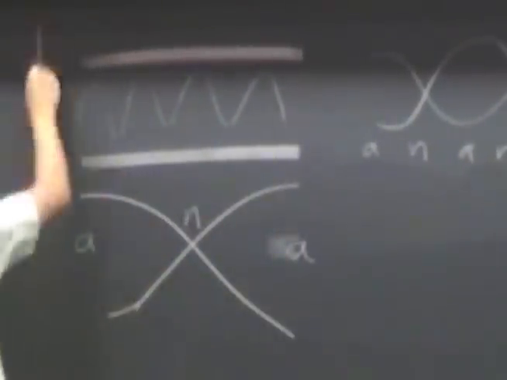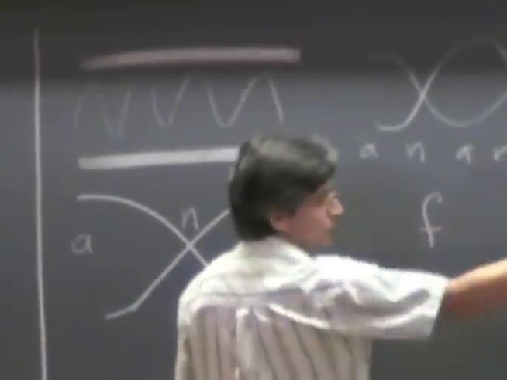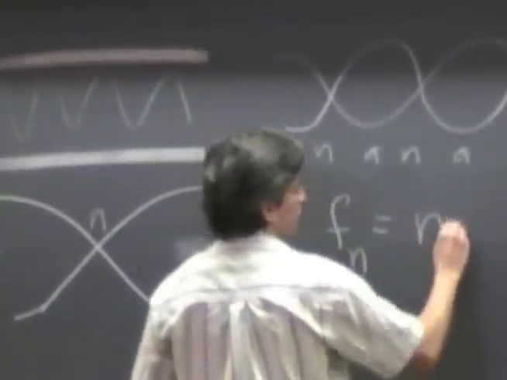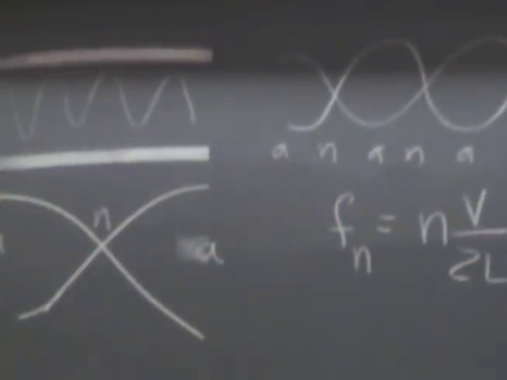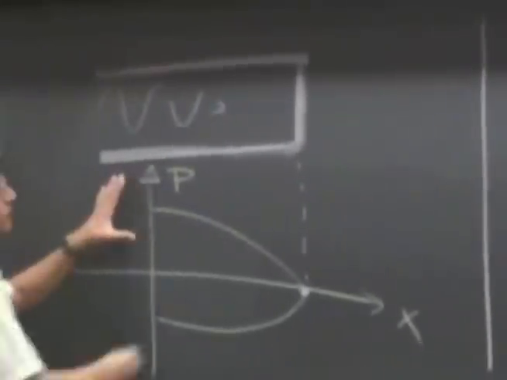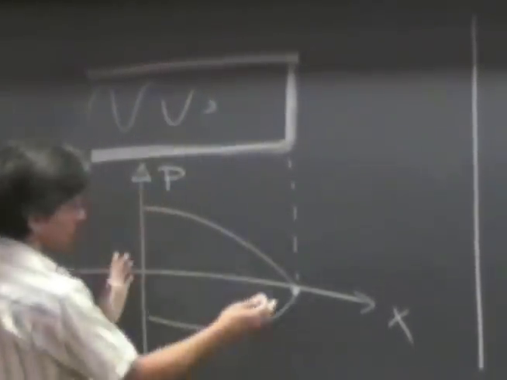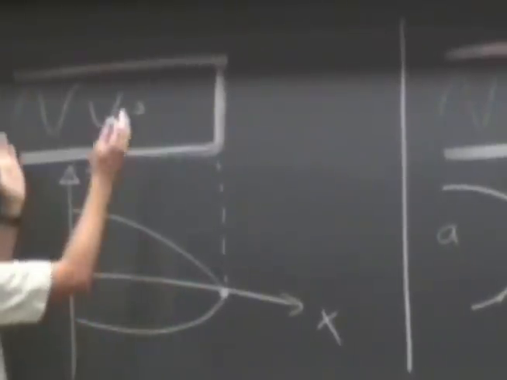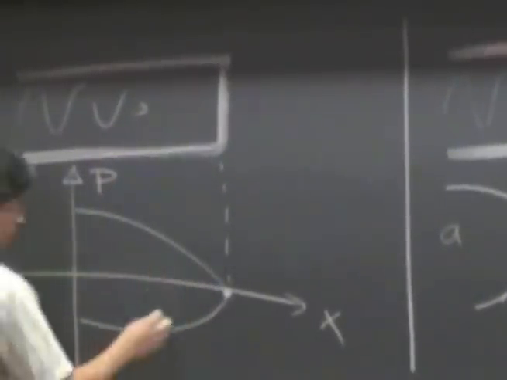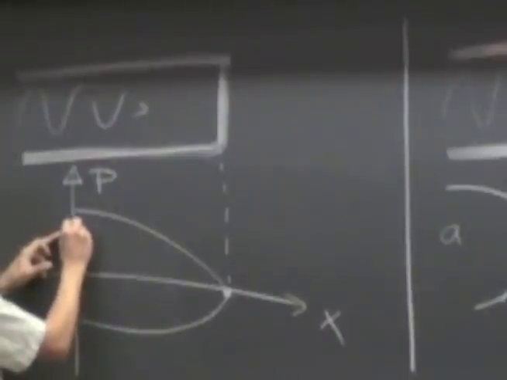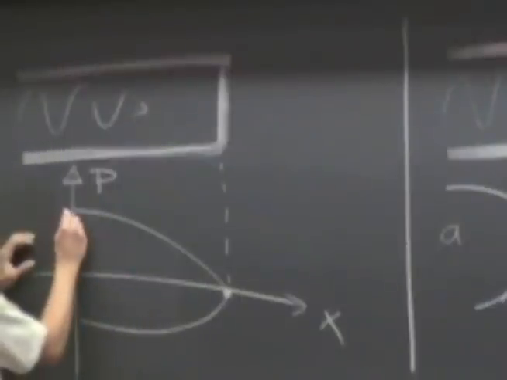If you do the math for that, you get the same equation that we just discussed: nv over 2L. You will get something different for the case when one side is closed and the other one is open. The waves that now match, that have the right boundary conditions: the fundamental looks like this. The next one looks like this. You have an open end here, but now you can have